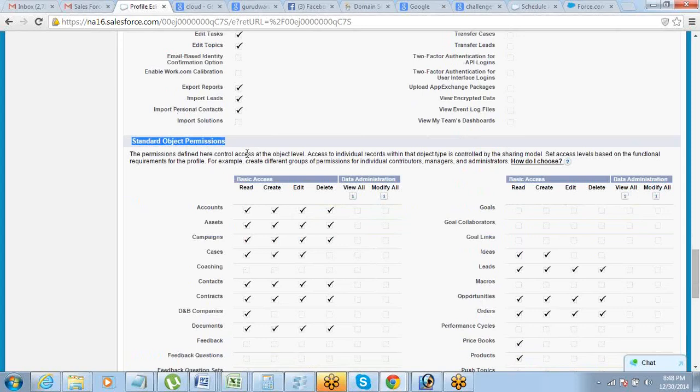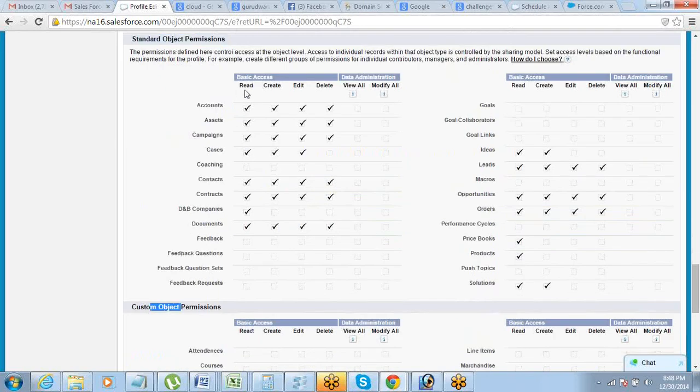Object permissions. Okay, standard object and custom object permissions. So for object permissions, as I told you, you have to specify what level of permission you want to allow to the profile users on a certain object. For example, accounts. Whether the users of this profile can only view the records, or can they create records as well in this object, or can they edit, can they delete as well. So this is all the permission which you have to define, right? Since this profile user has read, create, edit, delete, all the access, they can do everything on account. But if you had put only read access, then they could not create, edit or delete the records in this object. Fine.